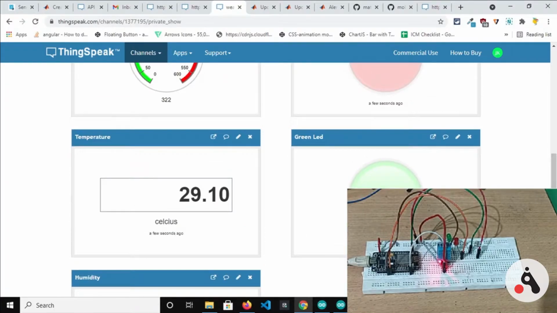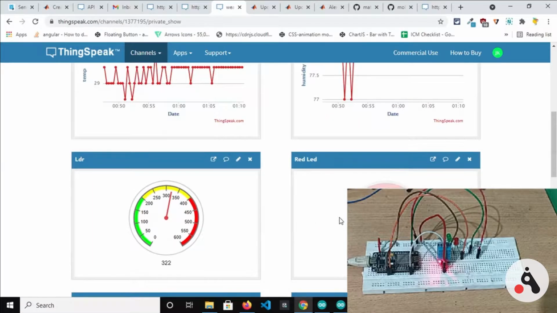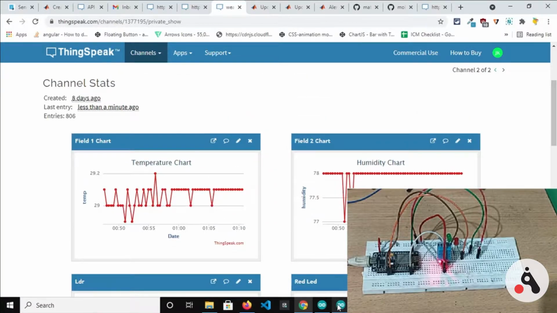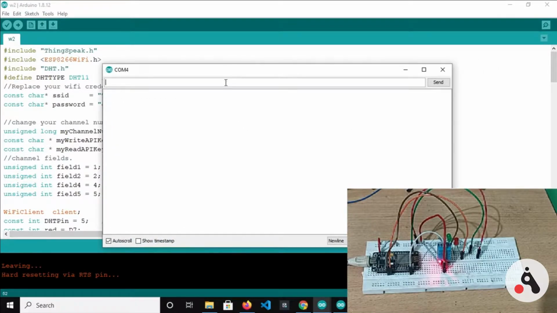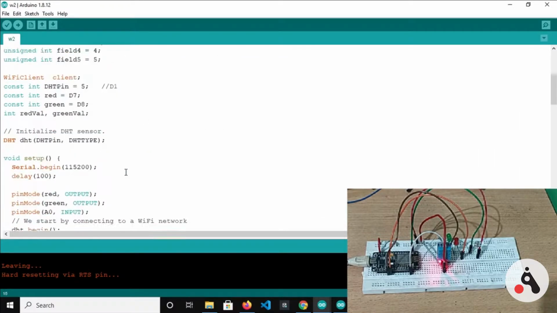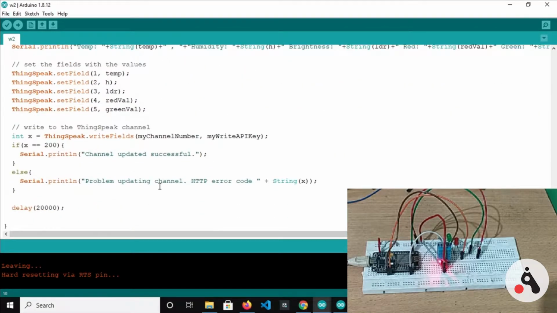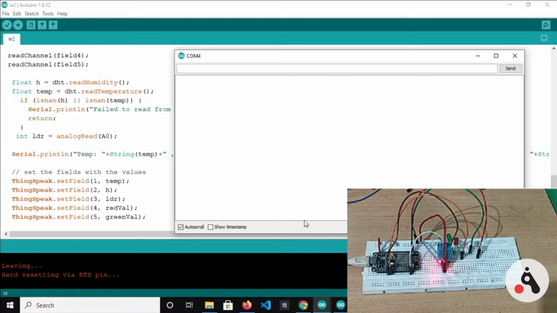Next we will see the code, and we can see in the serial monitor that data is coming every 15 seconds. Although we have put the delay as 20 seconds, due to the hardware configuration the channel is updated every 15 seconds.